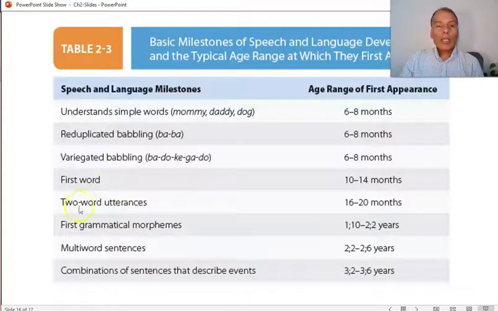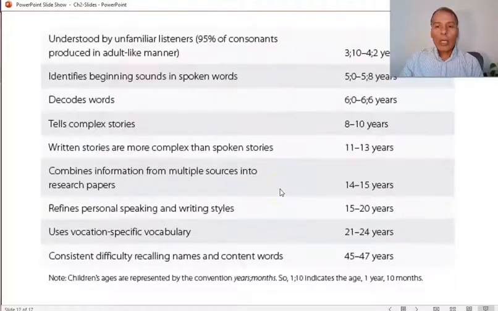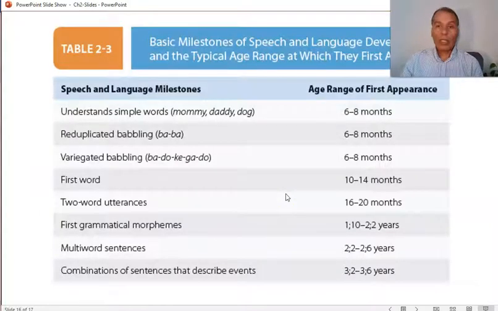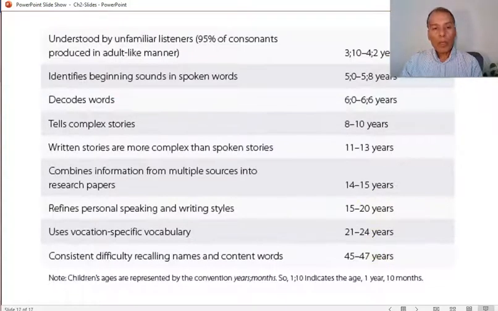So, here's a summary of these milestones. Again, I combined this with the information I basically teach when I teach language development or phonetics and so on. I wanted to give you a more rounded perspective. And so I hope that if there's anything not clear, go